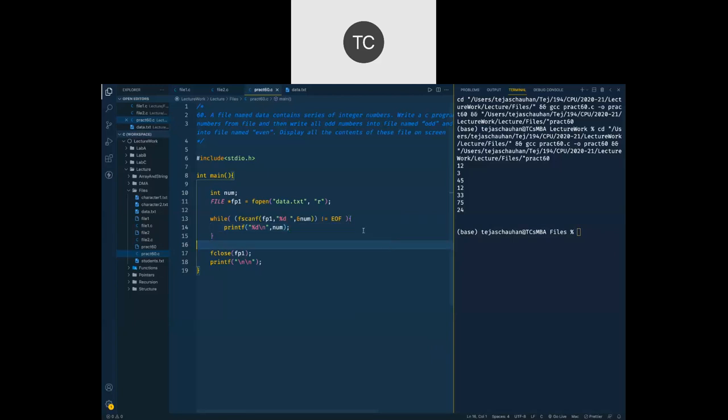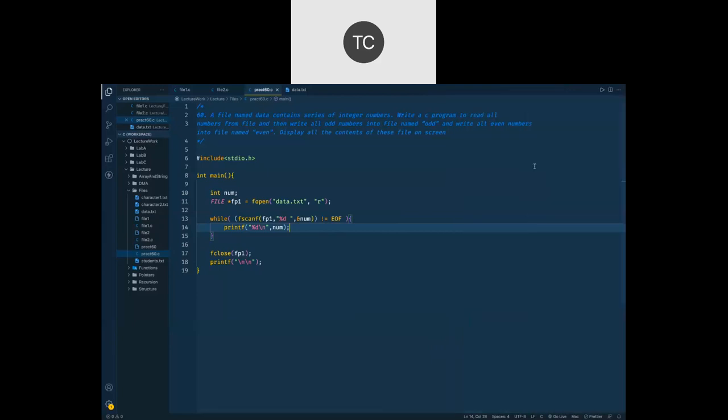Okay, fine. So now let's go further and see what other statements we have. So write a C program to read all numbers from the file. So we have read all the numbers and we printed it on the output screen.